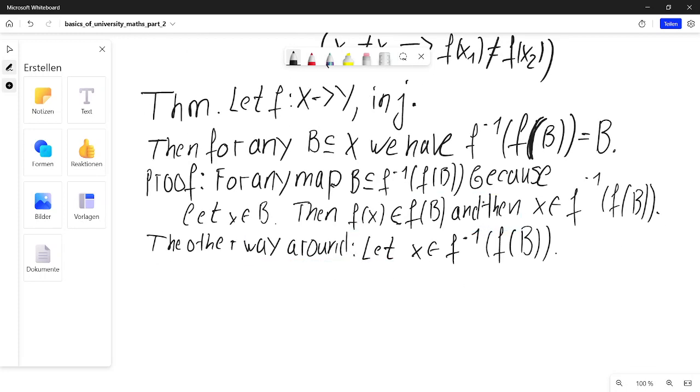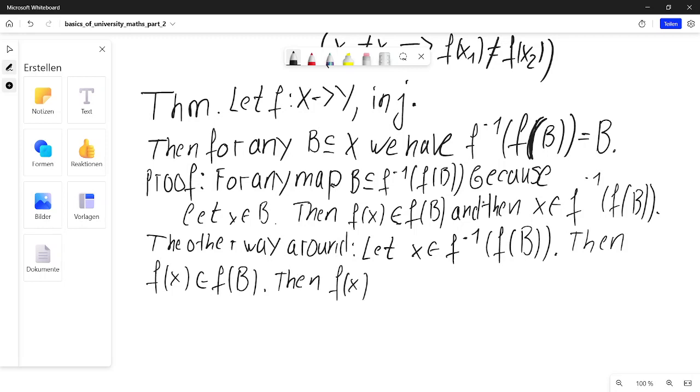We have seen it doesn't work for general maps. So injectivity has to come in somewhere. Then f of x is an element of f of b, just by definition of a preimage, right? And here the magic of injectivity is worked. Then